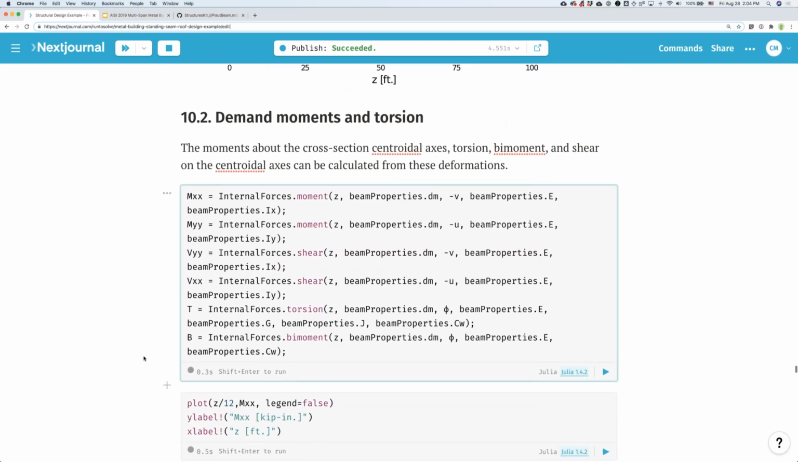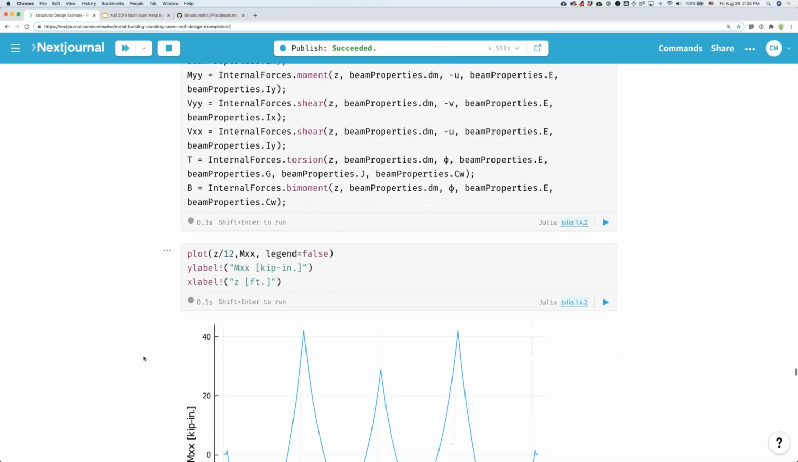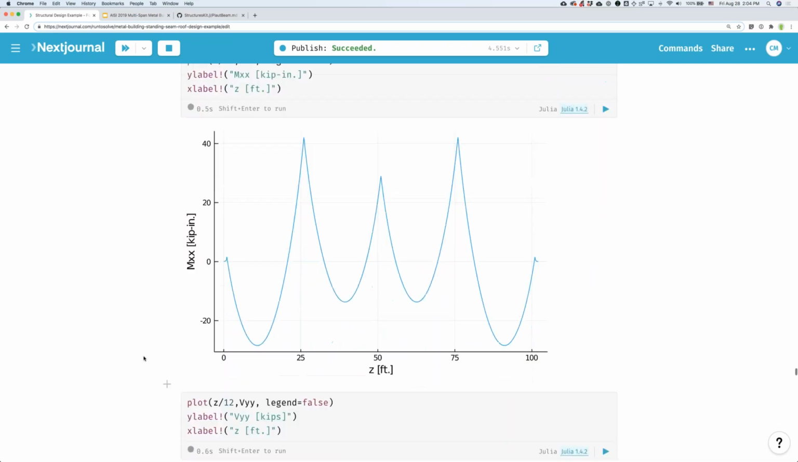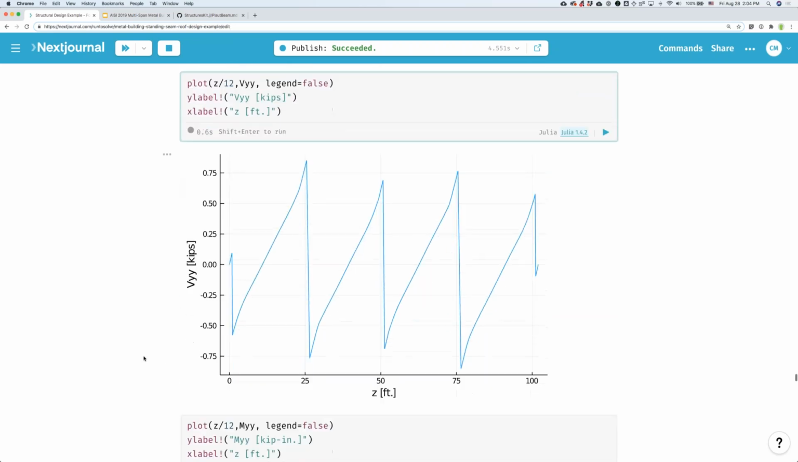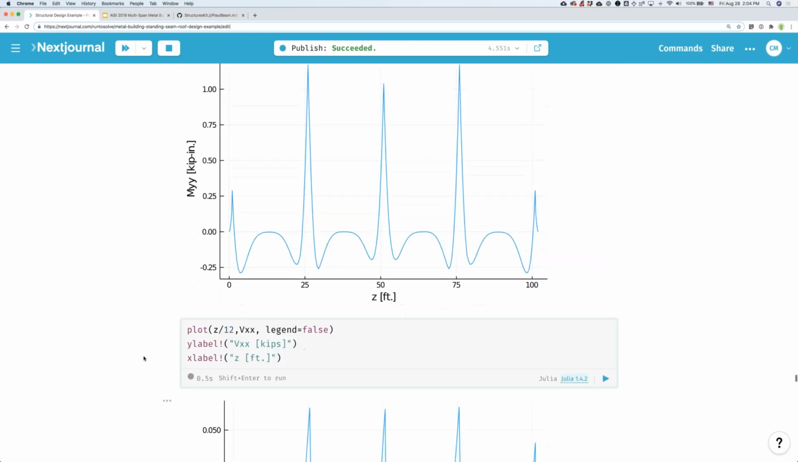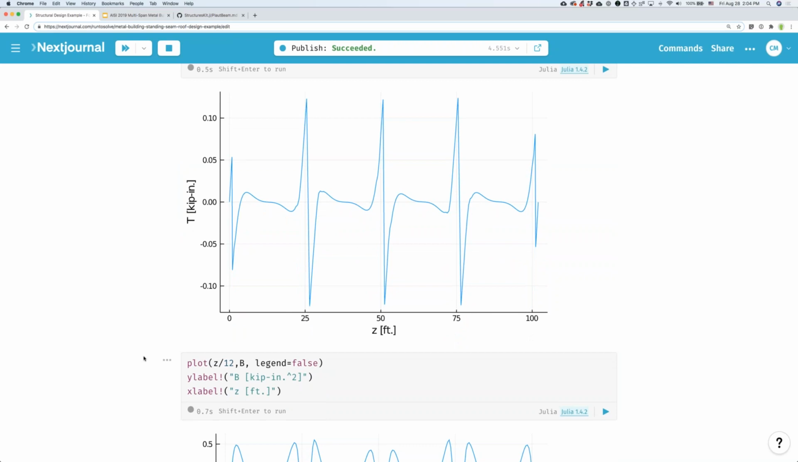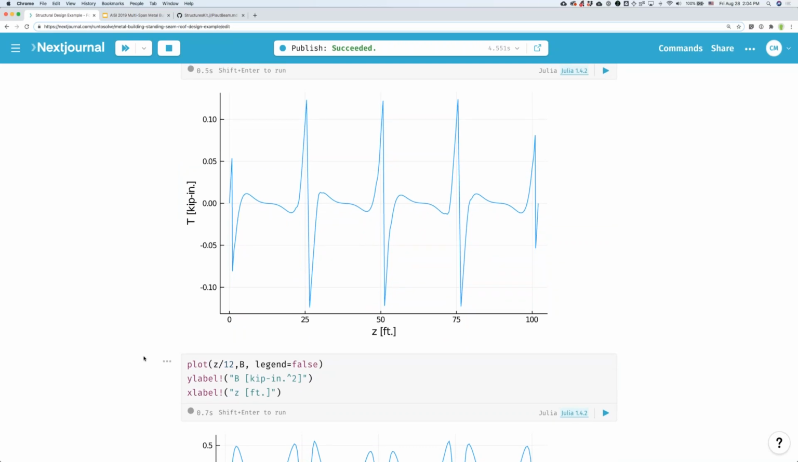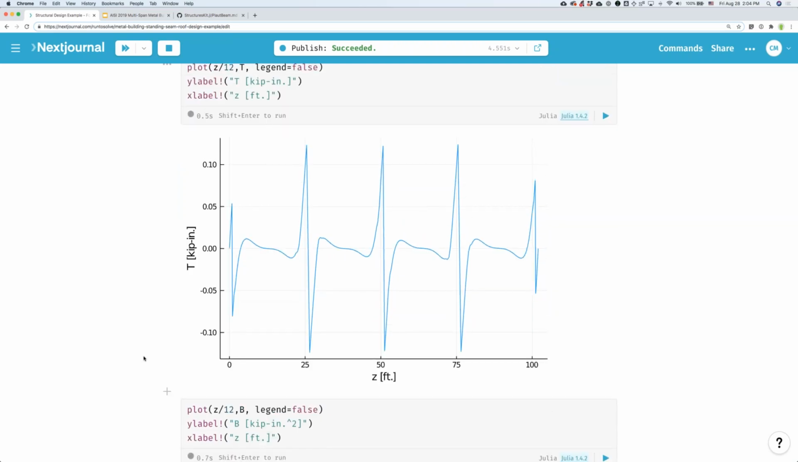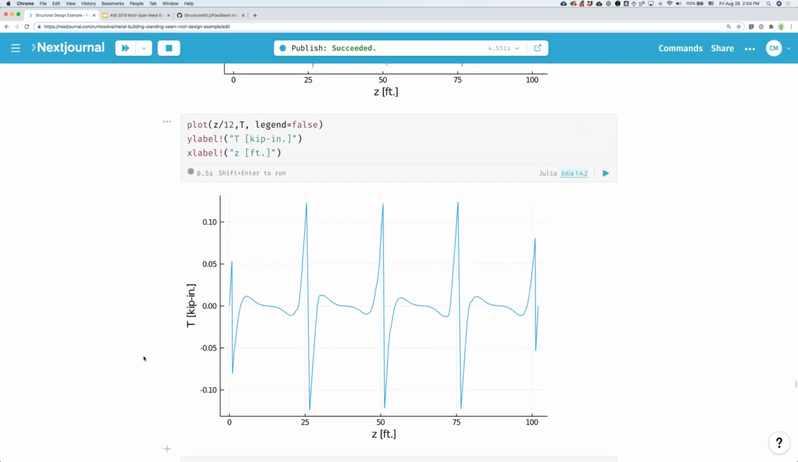Again, this is the same. We calculated the internal moments, and you can see everything looks about the same, just opposite signs. One key thing here is the torsion. There's more torsion in the purlin for the uplift case